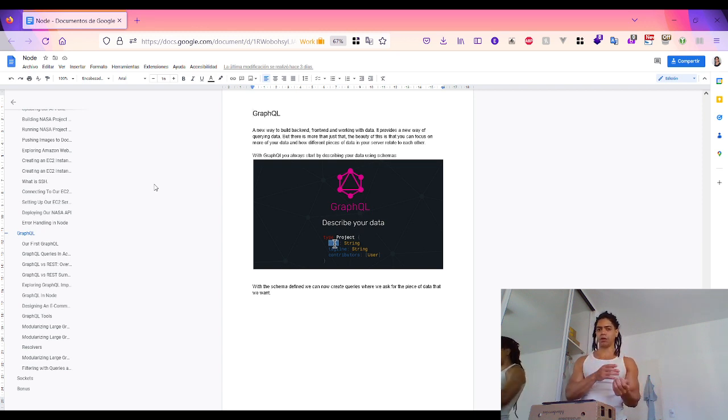Underfetching means we lose time making additional requests for querying multiple collections, which increases the page load time. That's one of the issues. The other is overfetching, where our server sends additional unnecessary data to the client,